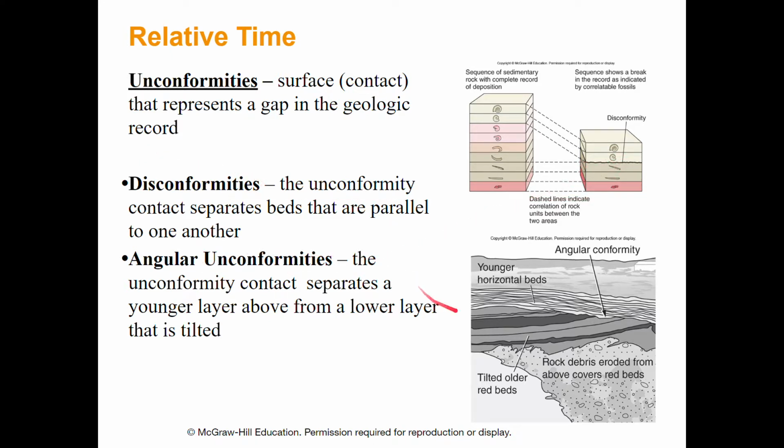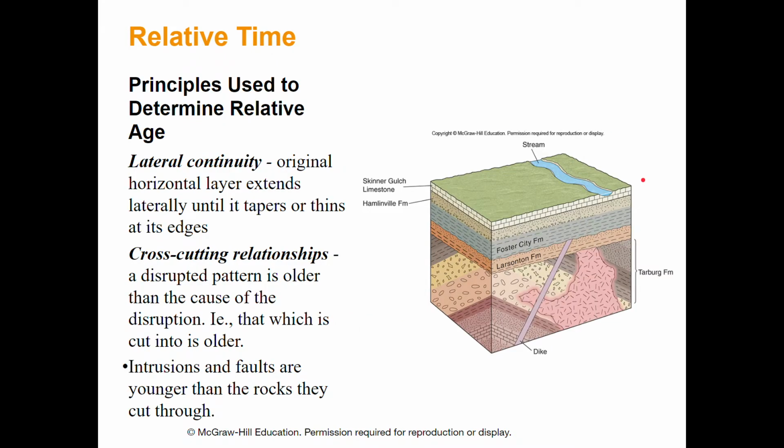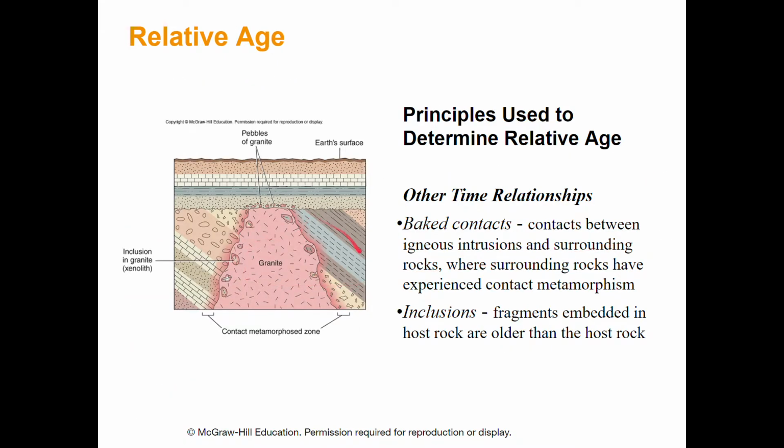There's angular unconformities, which is basically this, but the rocks underneath are angled. Let's go back to these guys. This one actually. You can see how these rocks are sedimentary rocks. Ignore the granite, but you see these sedimentary rocks, how they're at an angle compared to this stuff on top. That's an angular unconformity right there. So you had all these things being deposited, then you tilted them up on end, now you eroded it down, and now you deposited stuff on top. This is an angular unconformity.